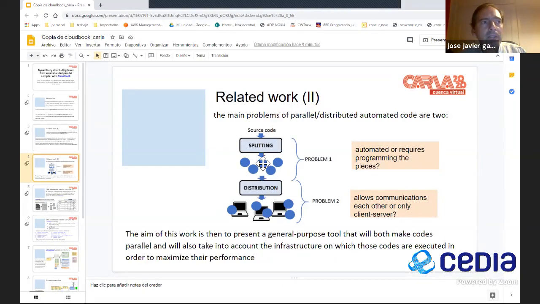So for the first problem, some tools need the programmer to create these small pieces. The splitting is not solved. For example, this is the case of a very famous tool, Boink, which forces the programmer to create this piece of code. So the first problem is not solved. For the distribution, some tools allow communications between the different pieces of code, deployable units, and a master machine. So they allow master-slave or client-server communication, but not communication between all machines involved in the execution. So this work presents a new tool that is able to solve the problem of splitting and also the